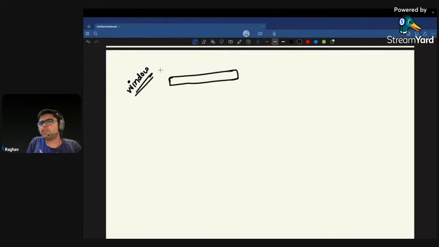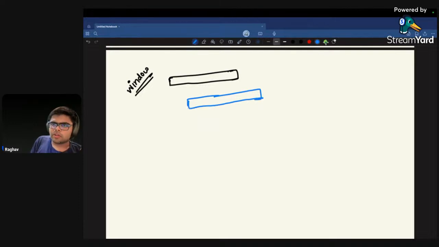This is the first window for which we will calculate our answer. Now we want to transition from this window to this window, where we are adding an element here. We are adding an element here and we are removing this element here. Right. We have added an element and we have removed one element. So